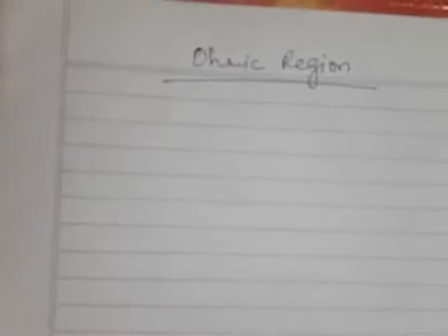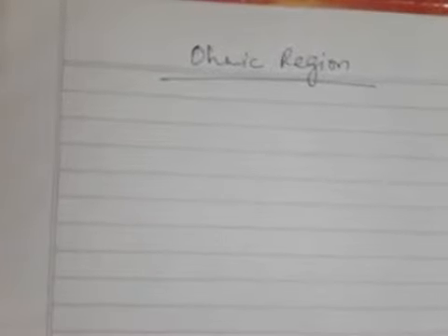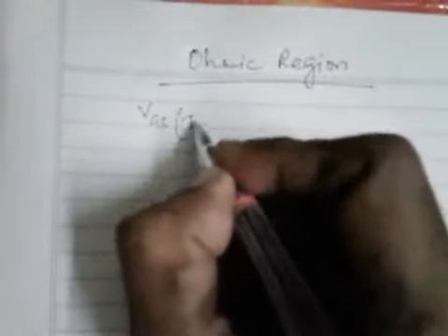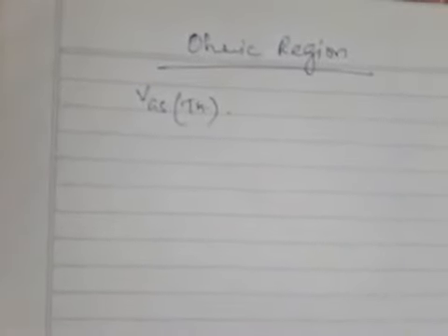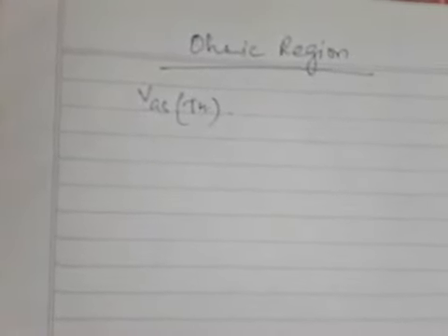Let us now see the ohmic region of operation of MOSFET. Although the E-MOSFET can be biased in the active region, this is seldom used because it is primarily a switching device. As you have seen, below a voltage of VGS threshold, the MOSFET turns off. The enhancement MOSFET will not be able to produce the channel for conduction, and hence there will be no flow of drain current ID below this threshold voltage.